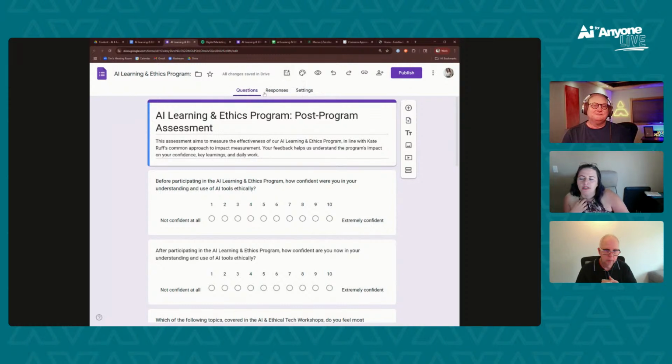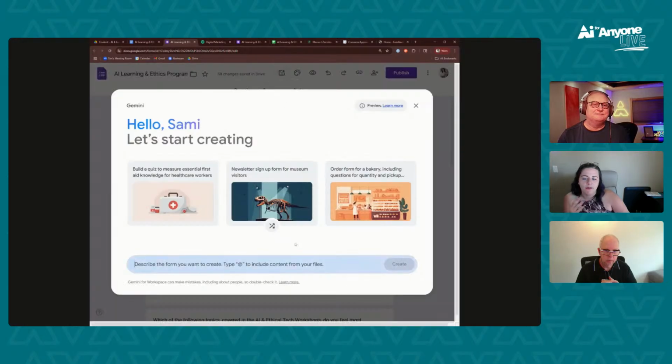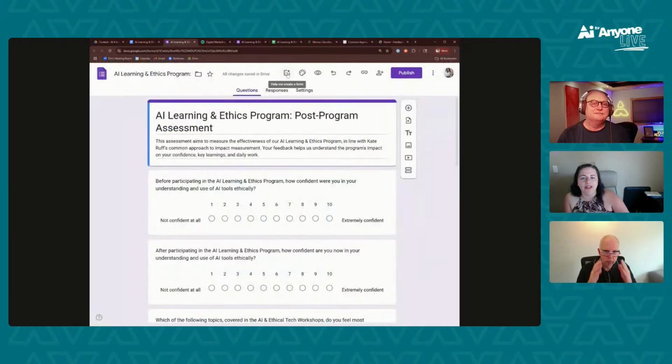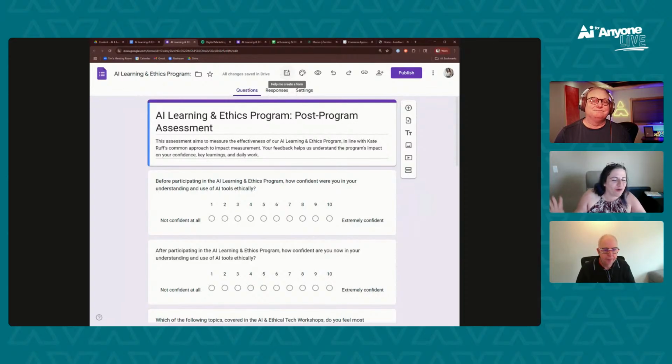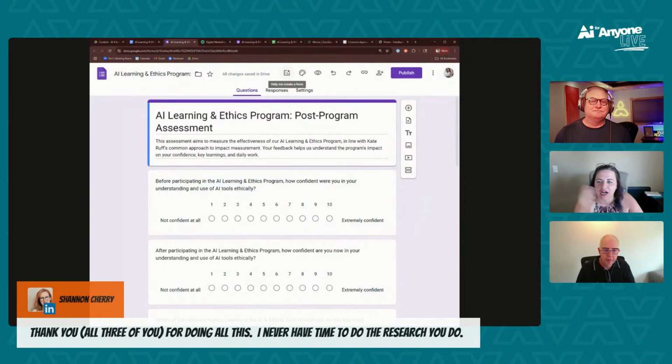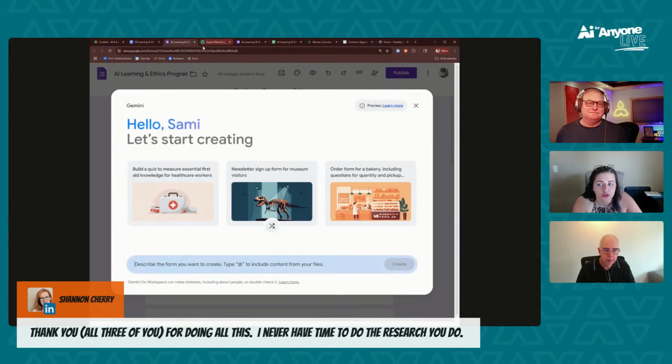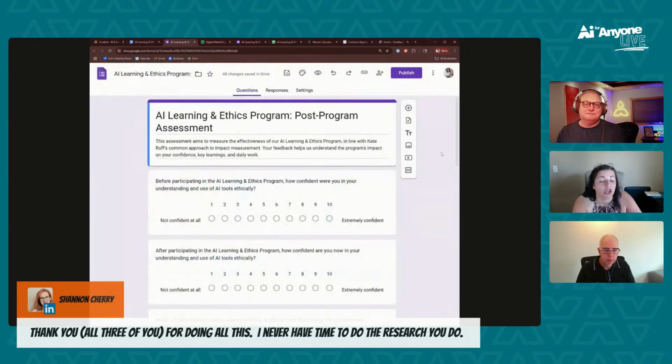I want to note a couple things. Once you hit create, it'll start a new form. So this little button up here, I don't know why they decided not to use the Gemini icon. Why on earth they chose a different icon for forms, I will never understand, but here we are. But you can create a new form. Once you hit create, iterating on the form as it exists is not doable via AI today. I am sure that is coming.